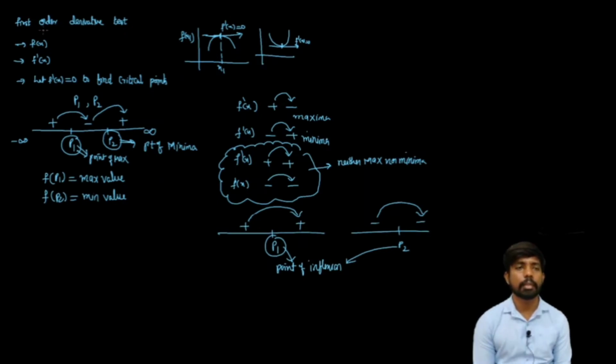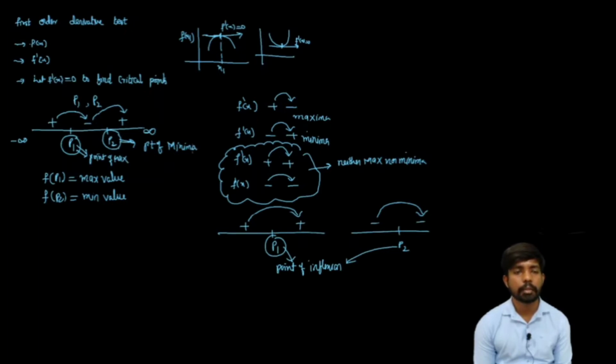this is the key point. First order derivative test: differentiate f of x and make it equal to 0 to find critical points or extreme values. Plot them on a number line. Randomly take any number from P1 to minus infinity and substitute in the slope. If the slope is positive, write positive. For P1 to P2, randomly consider any value and substitute in the slope. If you get negative, write negative. I am just taking an example here. So here the slope is changing from positive to negative, therefore P1 is a point of maxima; negative to positive, P2 is